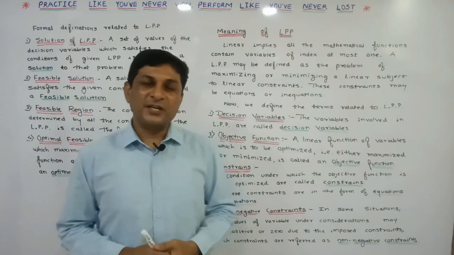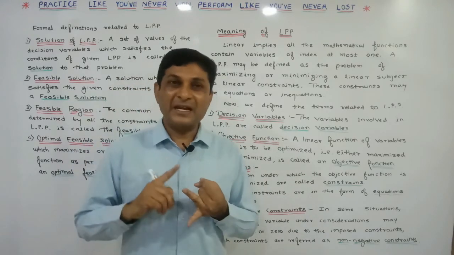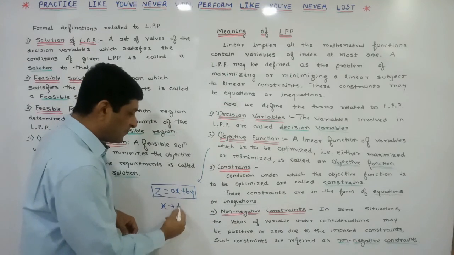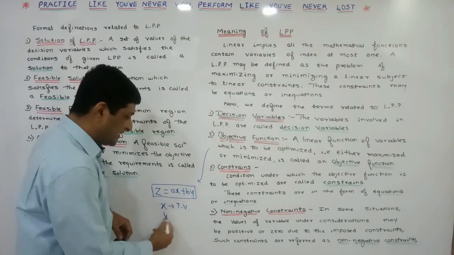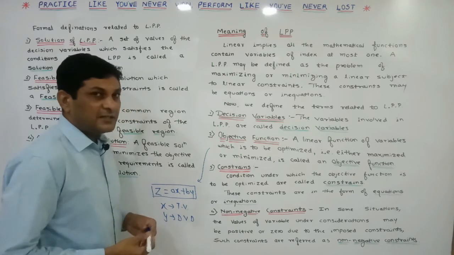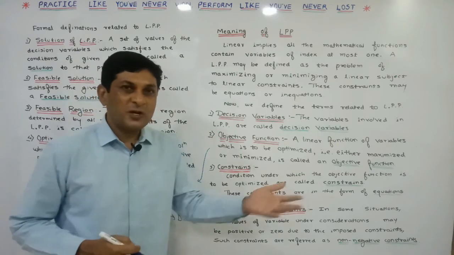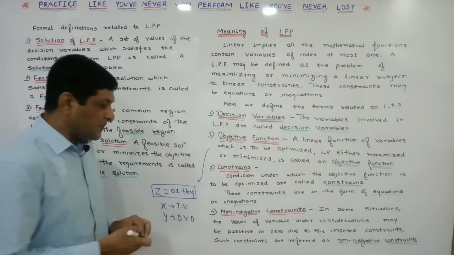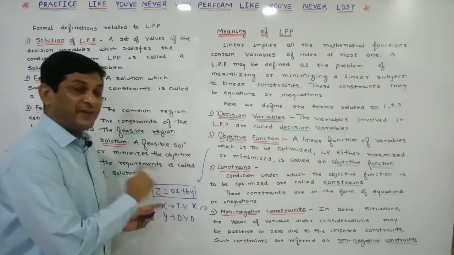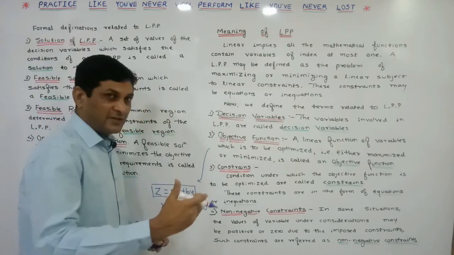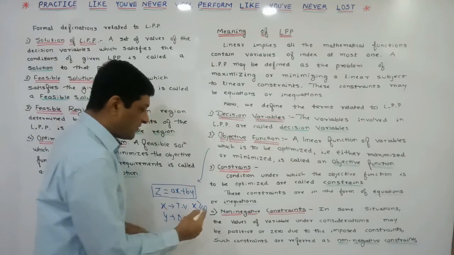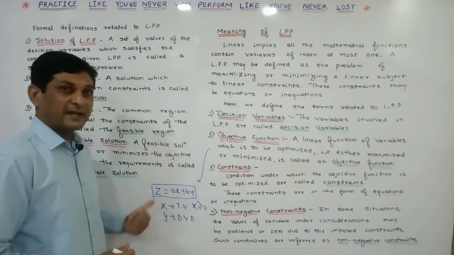Suppose that one company is manufacturing TVs and DVDs. If we denote X as the number of TVs and Y as the number of DVDs, then if the company does not manufacture a TV, the value of X is equal to 0. If the company manufactures TVs, the value is 10, 20, 30, definitely positive. So here the value of X may be 0 or greater than 0.